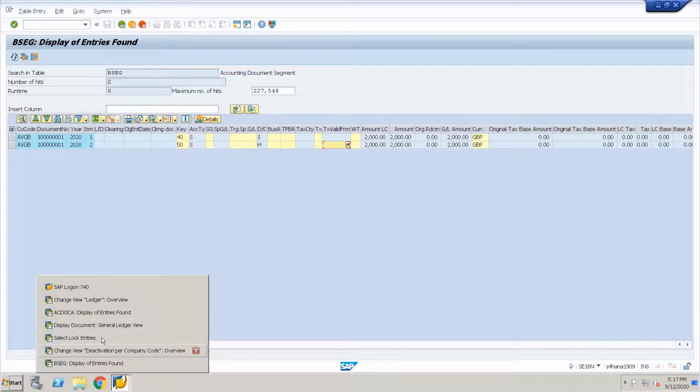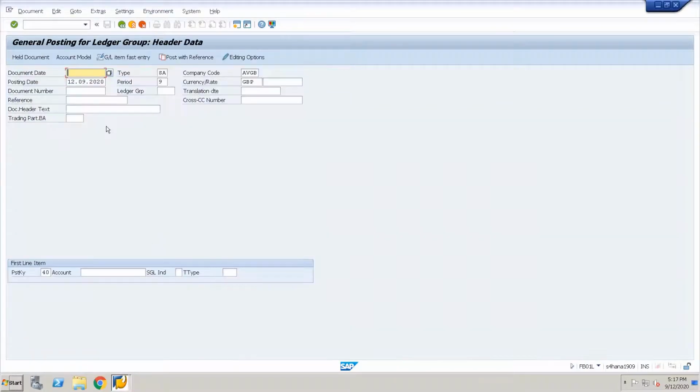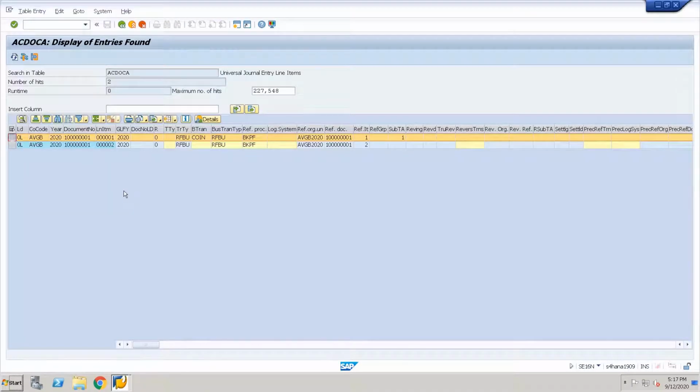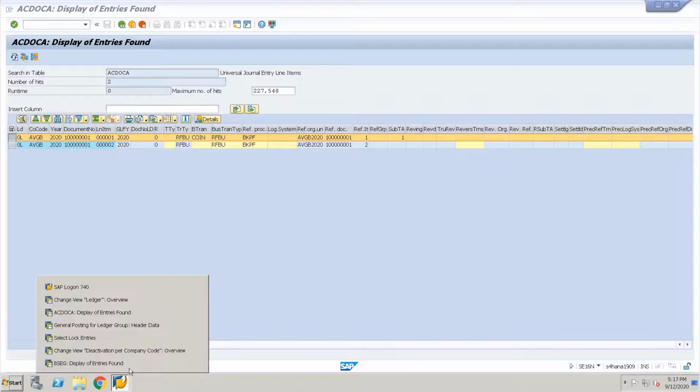Now again, let us post a document onto an extension ledger. We have already observed that in ACDOCA we can see the entries only for the leading ledger and the non-leading ledger, which is a standard ledger type, but we cannot see any entry for extension types.